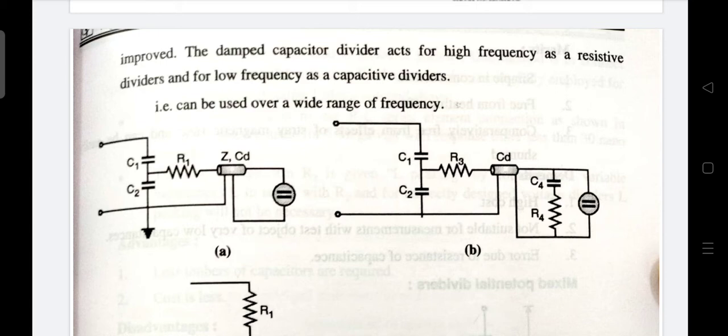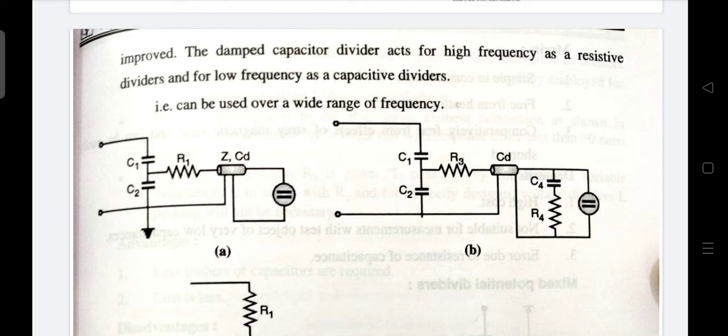A low resistance in parallel to C2 would load the low voltage arm of the divider too heavily and decrease the output voltage with time. Since C1 and C2 form the potential divider and R equals Z, the voltage input to the cable will be half of the voltage across the capacitor C2. This half voltage travels towards the open end of the cable at the CRO end and gets doubled after reflection. So the voltage recorded by the CRO is equal to the voltage across the capacitor C2.